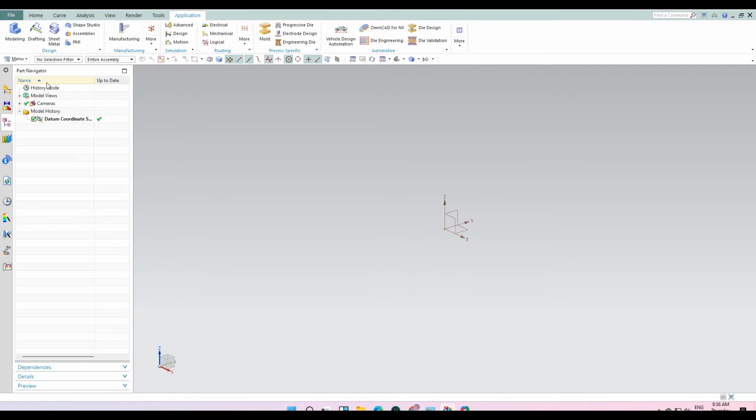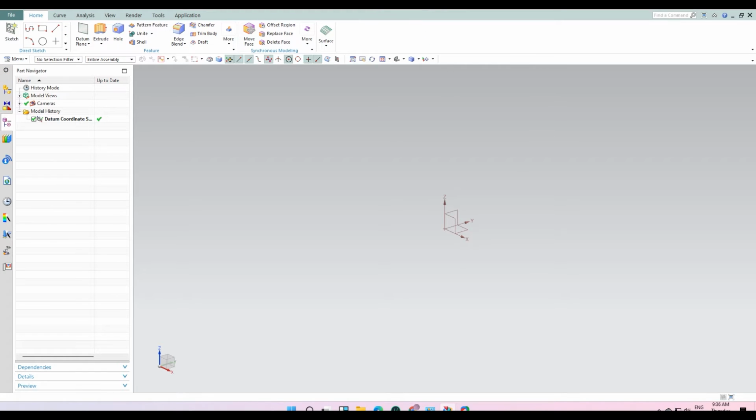So let's click on home and you can see all this basic user interface like sketch, direct sketch. In this direct sketch you get these 2D modules to draw and you can convert this into a 3D part. Then this feature option comes where you can featurize your drawing into different shapes, and you can create different assemblies as modules, and you can save and extract. This is a special feature of NX CAD CAM. You'll get it only in NX CAD CAM. This is known as synchronous modeling. We'll get to know it in the next video.